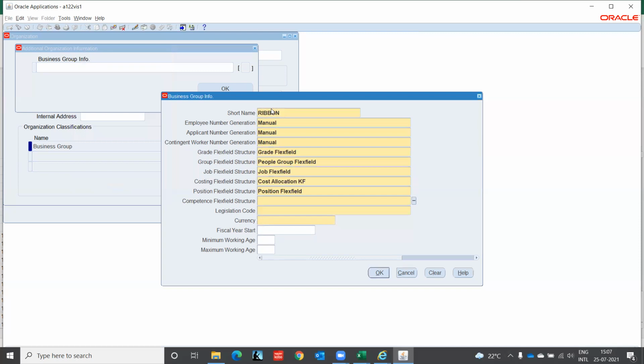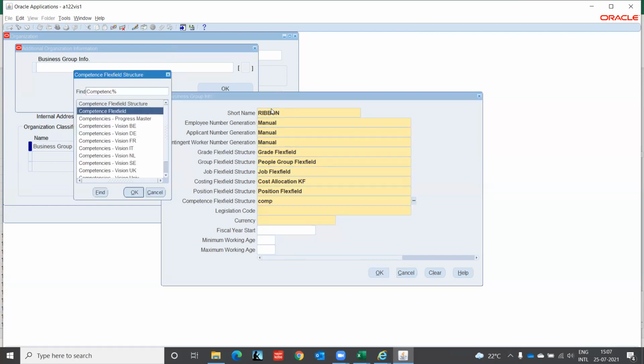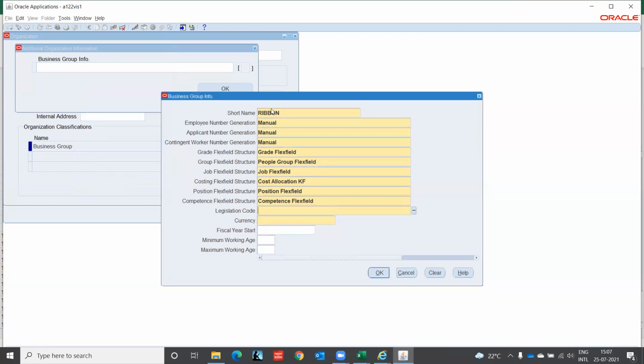These are all used for human resources. Legislation code India, and enough. So once this is done,